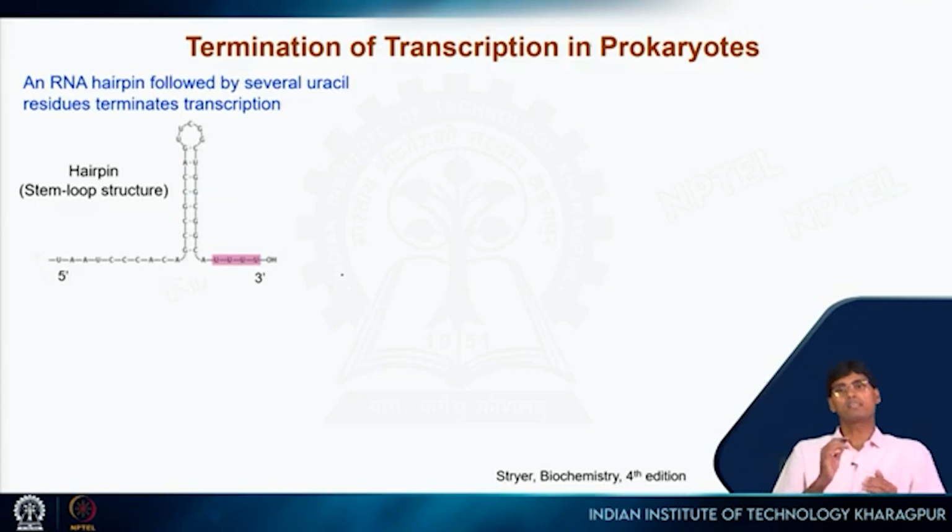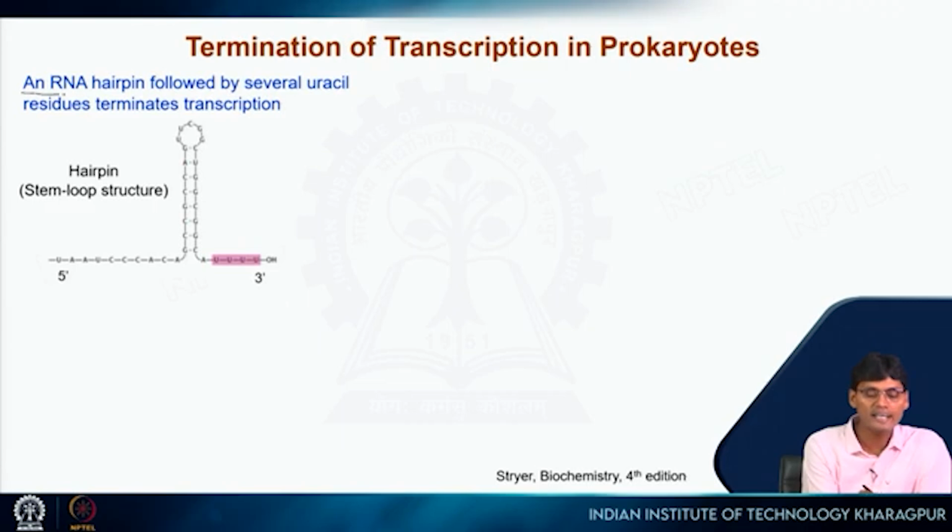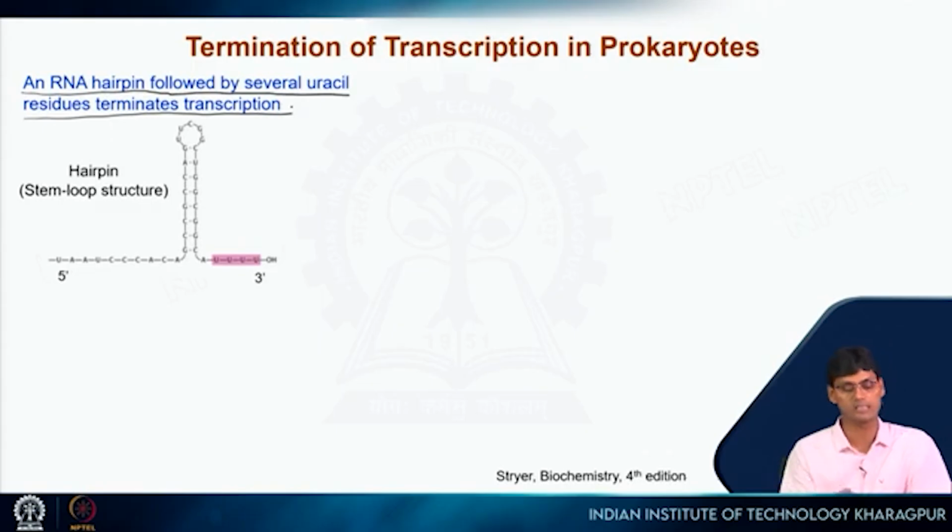Now the synthesis started, then at some point it should be stopped, otherwise it will keep going and going, unnecessarily making RNA out of DNA. So we have some mechanisms, particularly in the case of bacteria. An RNA hairpin followed by several uracil residues terminates transcription. As you can see, this is the growing RNA chain. We have many nucleotide residues on this side, the 5' end. And on the 3' side,